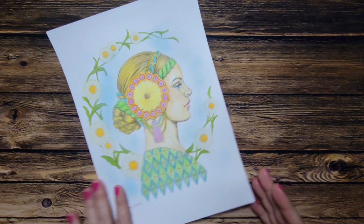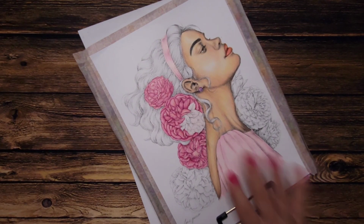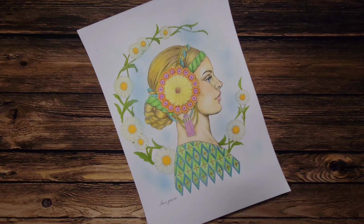And let's see, what else do I have? This page I just completed. I did take a break while I was working on this one. I took a little break to do this Lana Green page, because I had gone to the Dollar Tree and I had picked up a set of Prang colored pencils for $1.25, a 36 piece set. I did put a post up about it over on my community tab, and I was really, really surprised at these pencils for